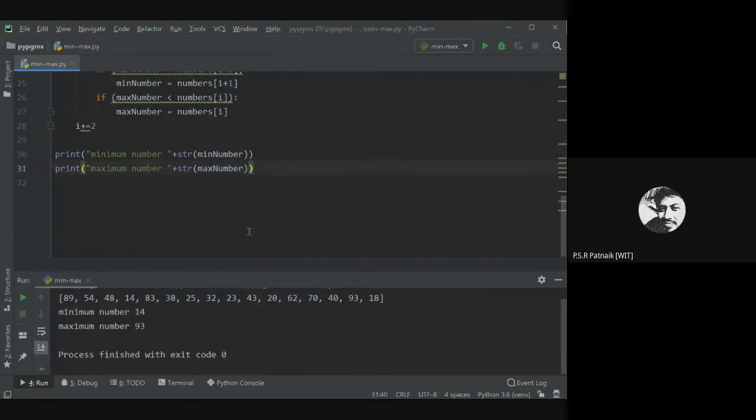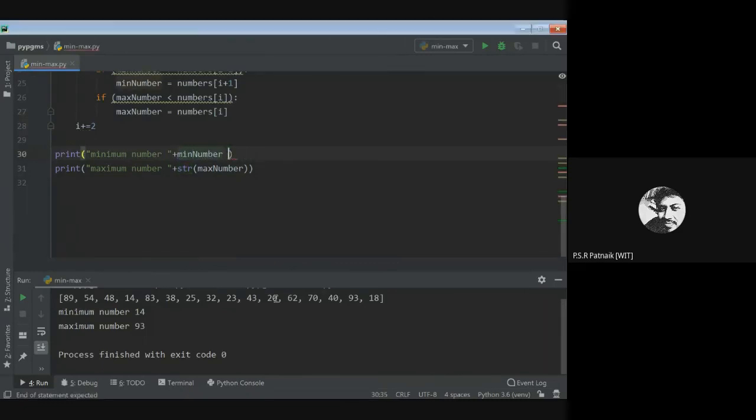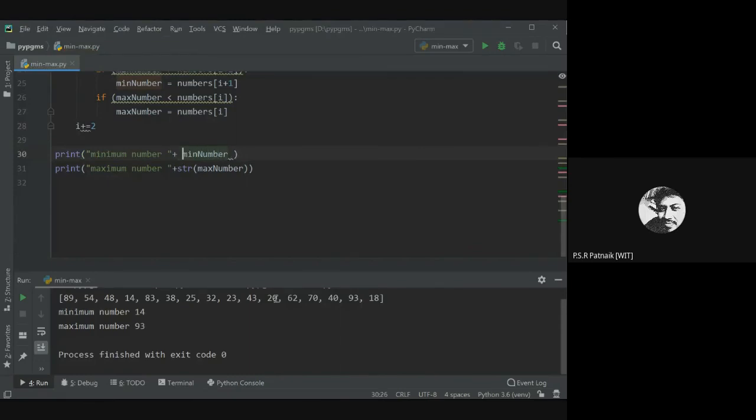Okay, so I have a question: why str? See, the good thing is to skip this. Generally, you know that I can write plus and it will print that. The problem with this is if you execute this, you will get an error. Why? Because in Python, when you take a plus, if one operand is string and the other is another variable, it tries to do a concatenation.